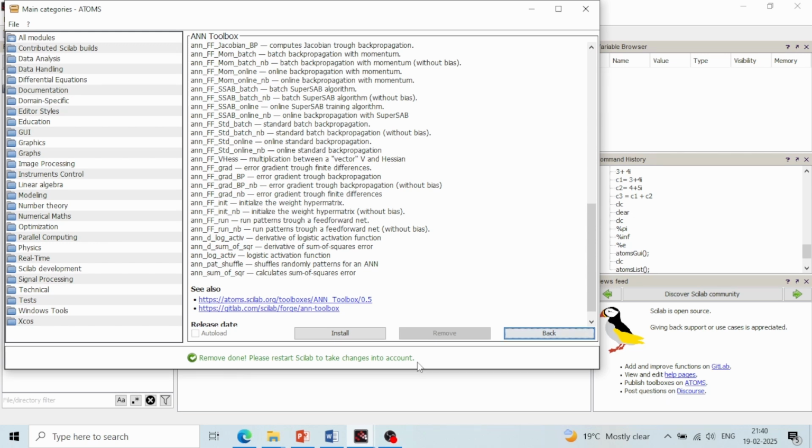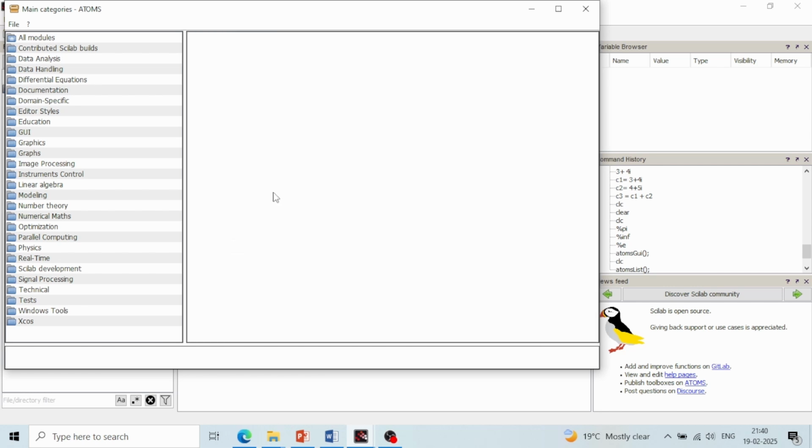this will remove the package. So here we can see remove done. Please restart Scilab to take changes into account. So in this way we can install and remove multiple packages that are available in this